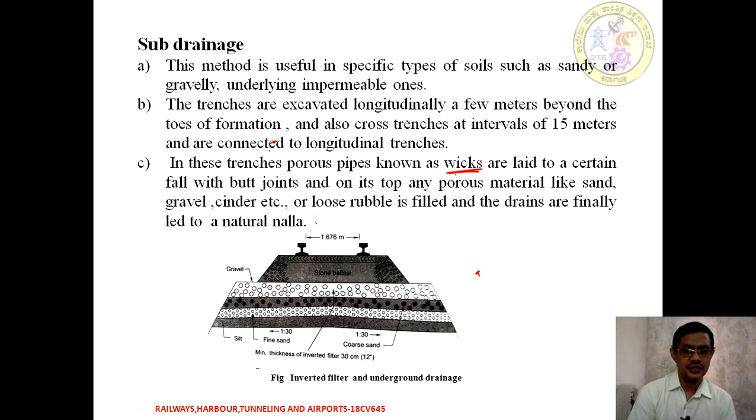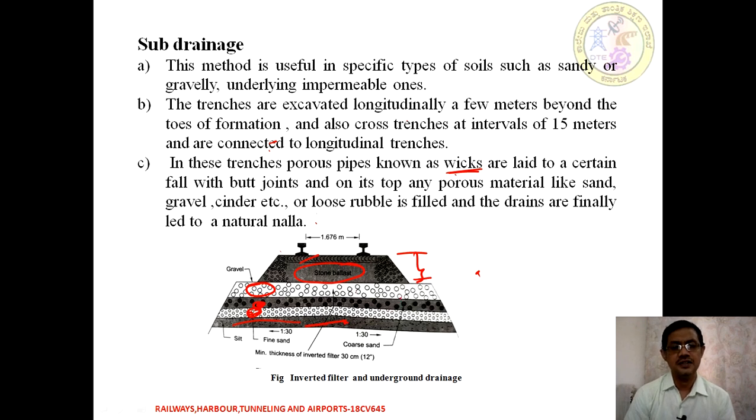We are showing this in the image. This is the embankment of a railway line, which is provided with ballast, sleeper and gauge network. Below that we put layers of gravel or sand in an alternate manner. Then we have a fine sand layer, then a silt layer that is called a non-swelling layer, in case it does not seize up.